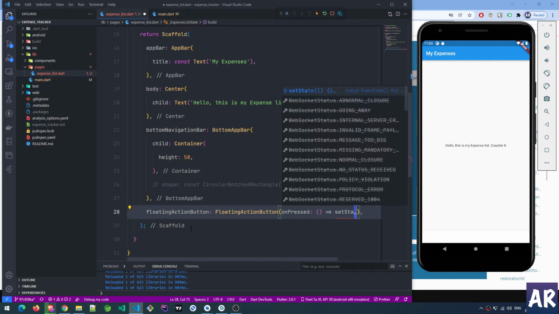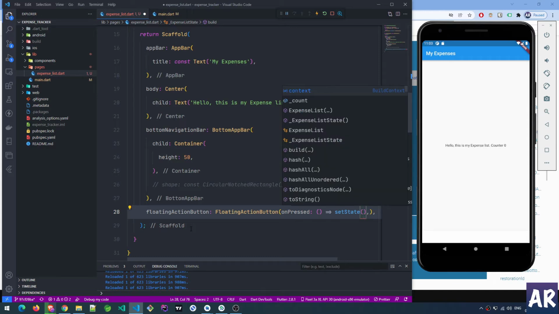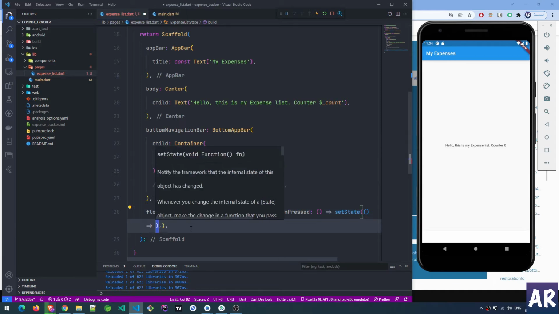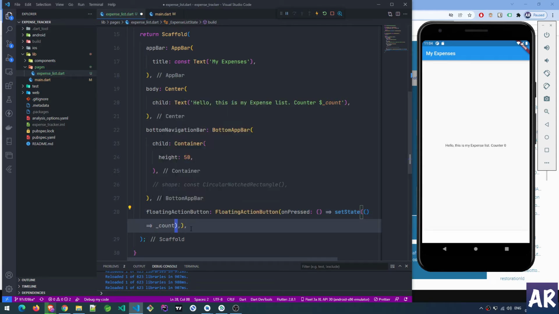Set state. Okay, something like this. And inside this, I'll have underscore count plus plus, only this much. And then we'll just add a small little tooltip called increment counter and